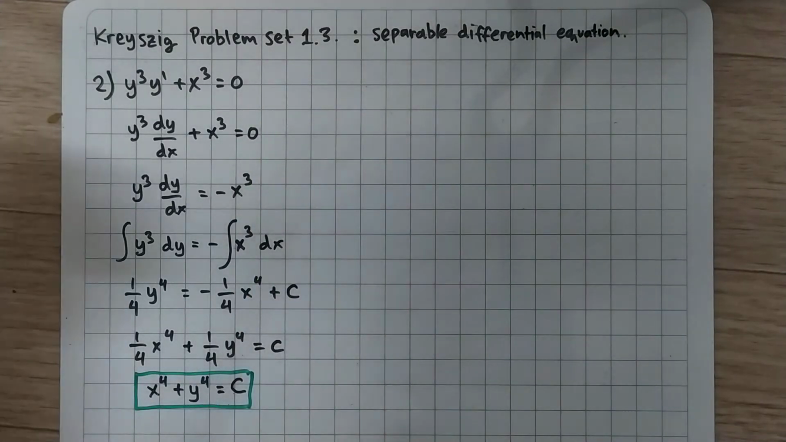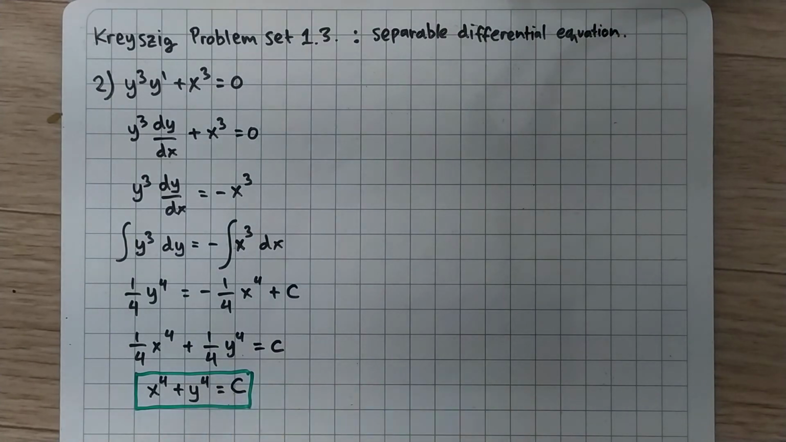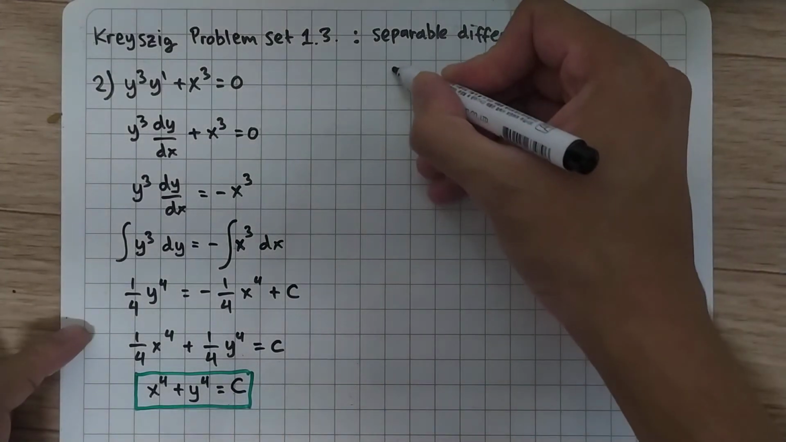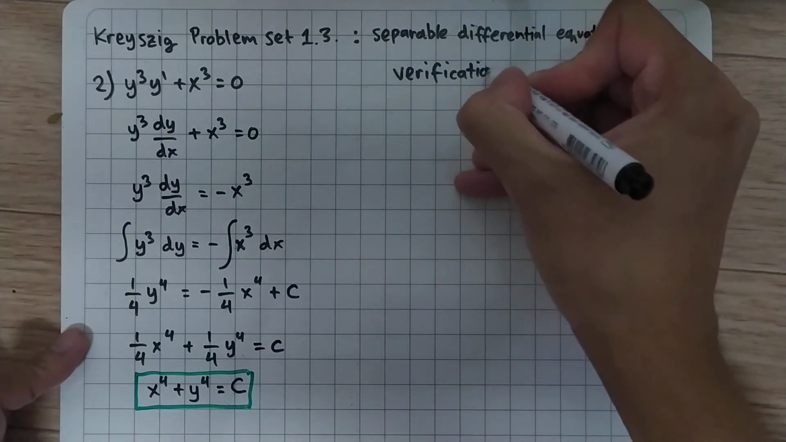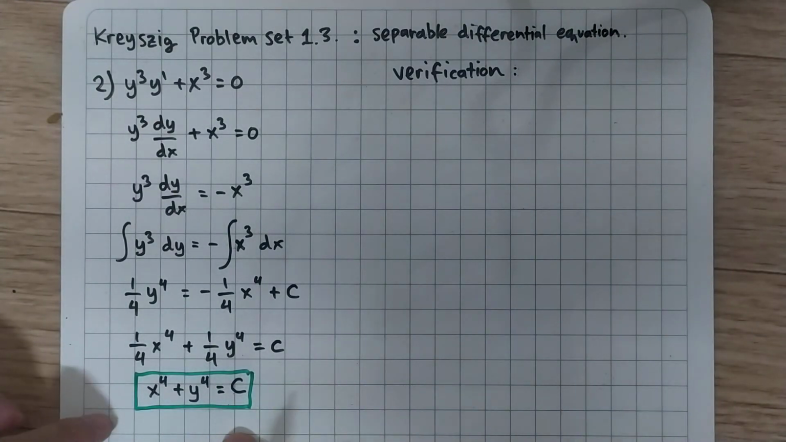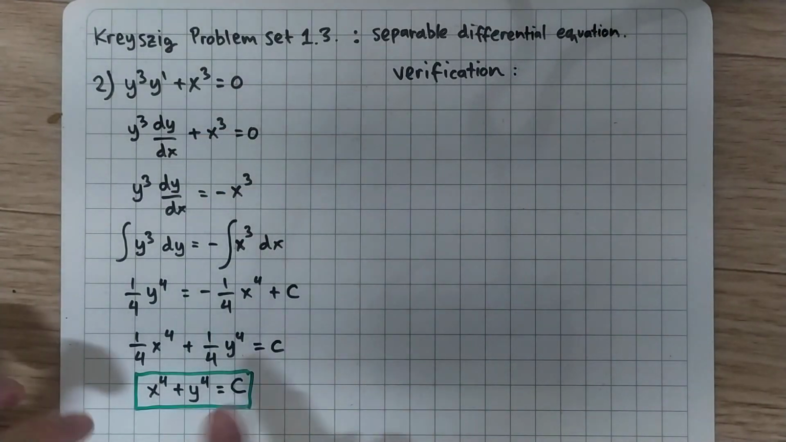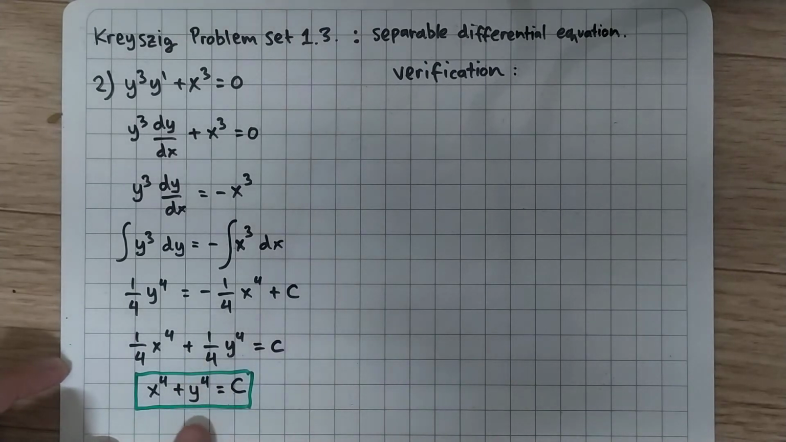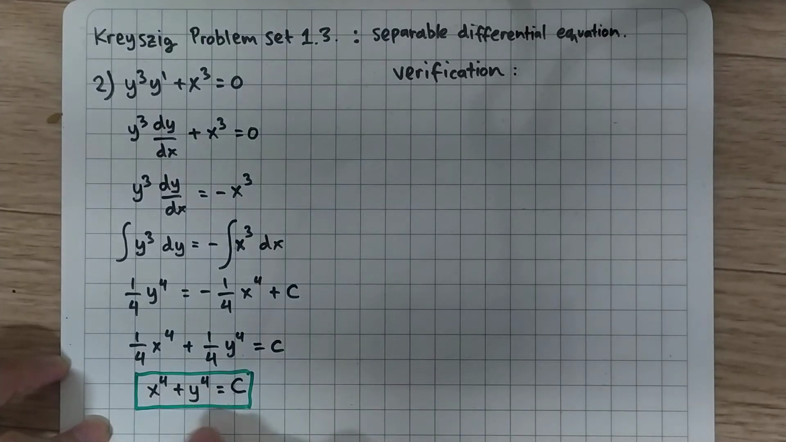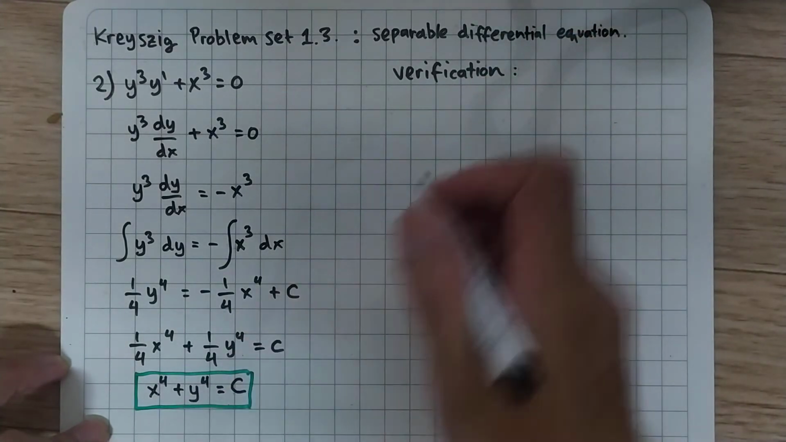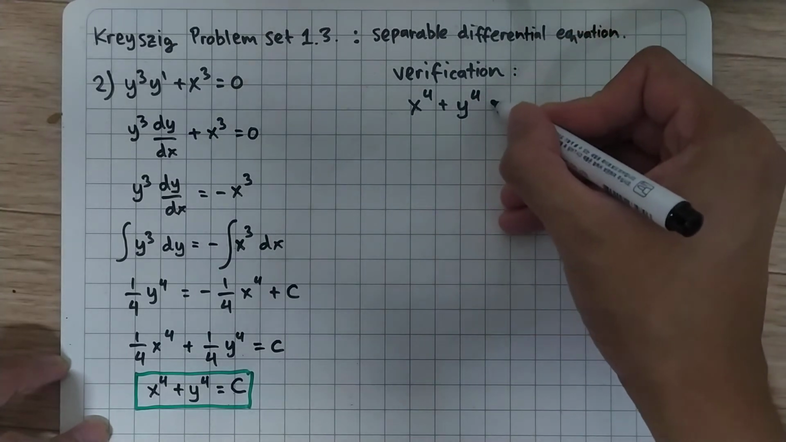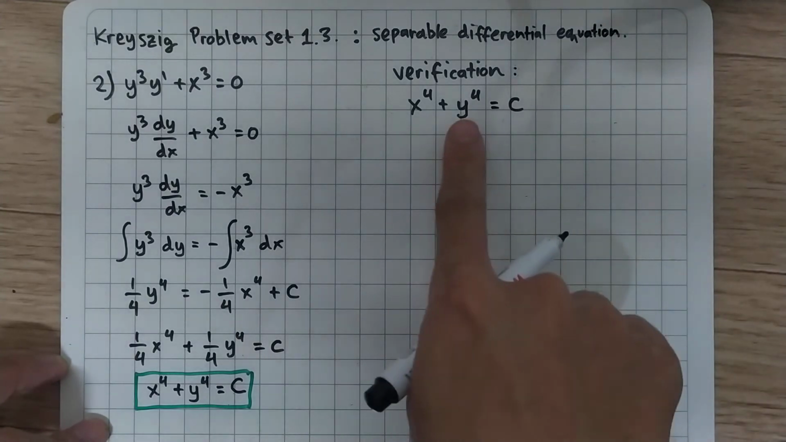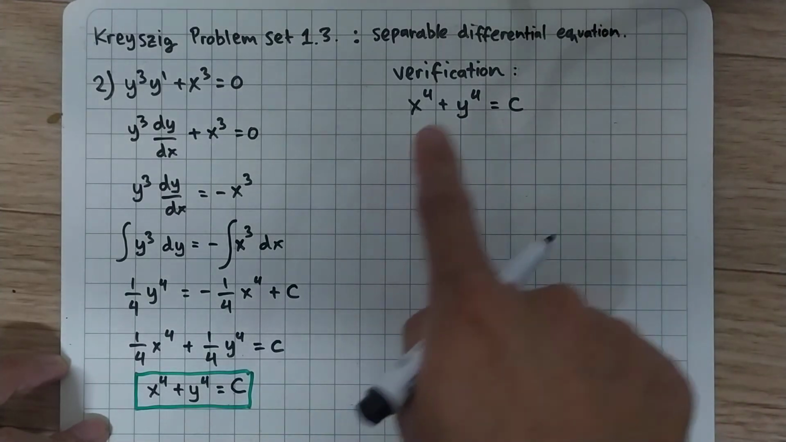And the second step is we need to verify whether this is the correct answer or not. And let's verify that. How? We can plug this into this equation, but it's hard, so I want to take derivatives of both sides. So we will have x to the fourth power plus y to the fourth power is equal to some constant, and if we take derivatives of both sides here, we will have